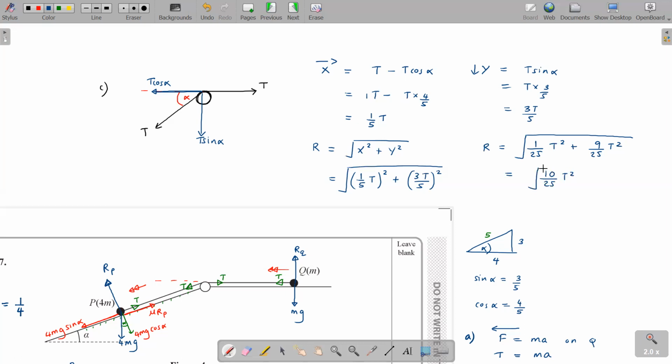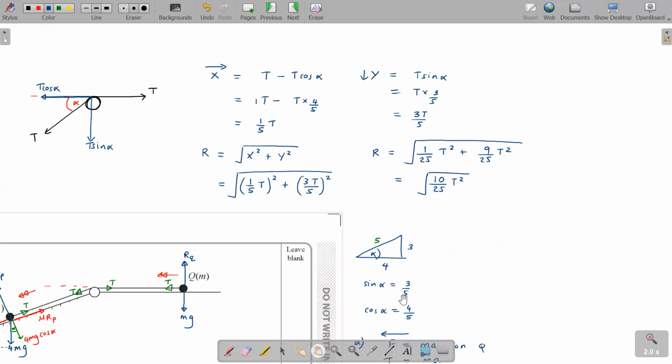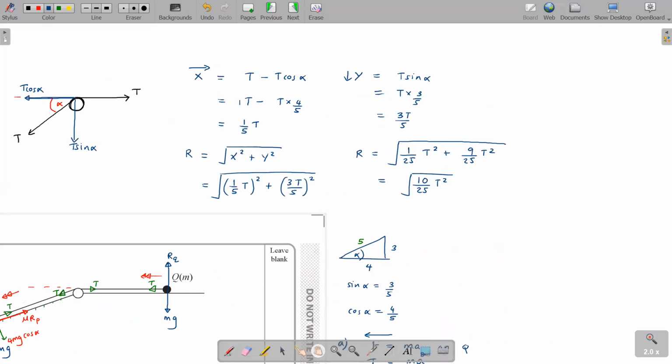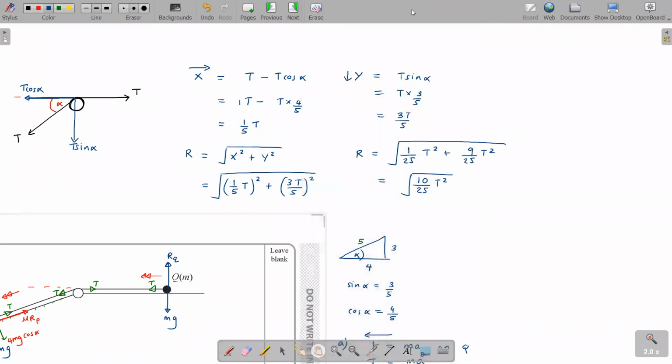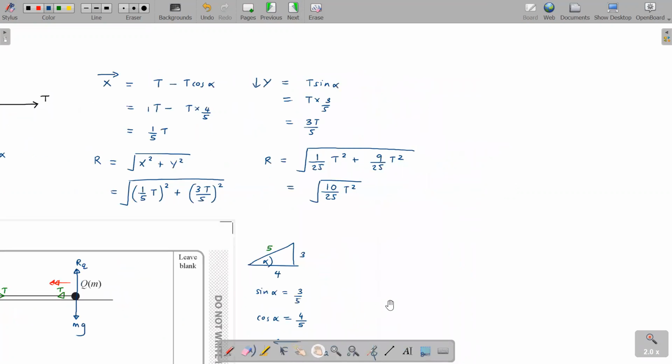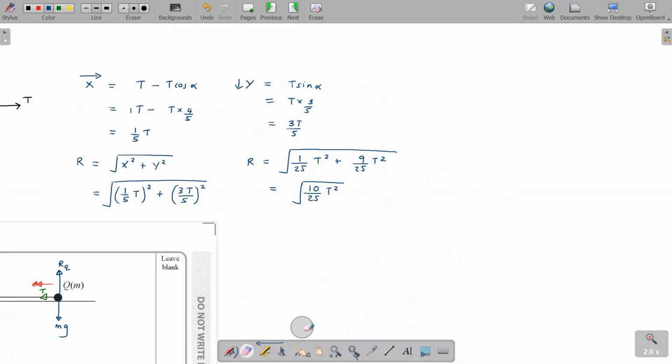Let's simplify. We can bring the t out of the root. Do you agree with me? We can bring the t out of the root. And root 10 over 25 is? Root 10, the whole thing root, right? Root 10 over 25 gives me root 10 over 5. Is that okay? So the simplification gives me root 10 over 5, and I hope you can see